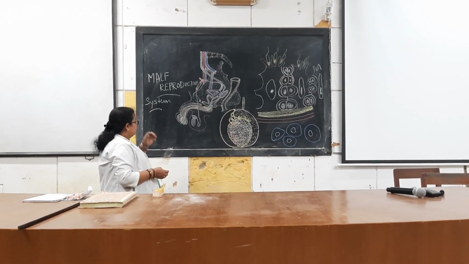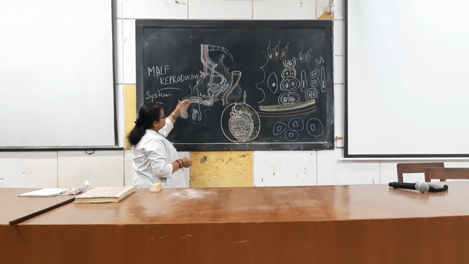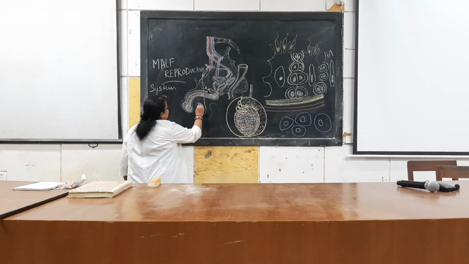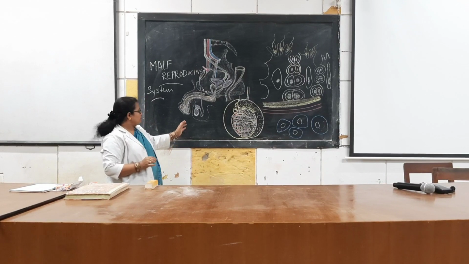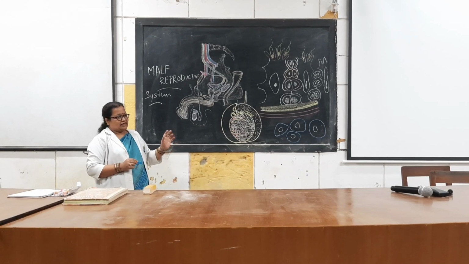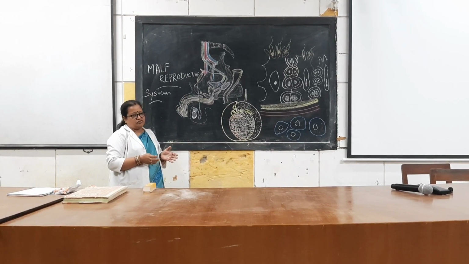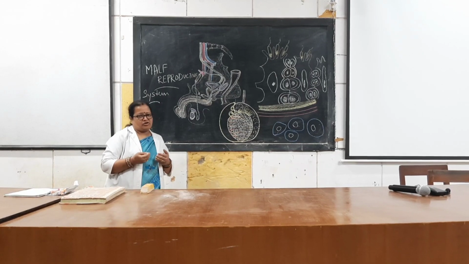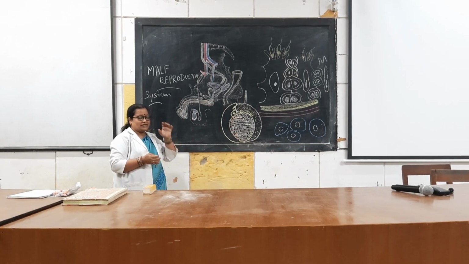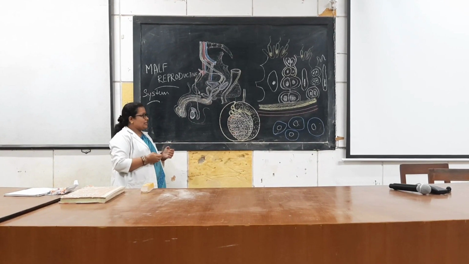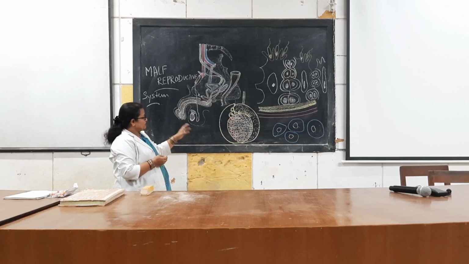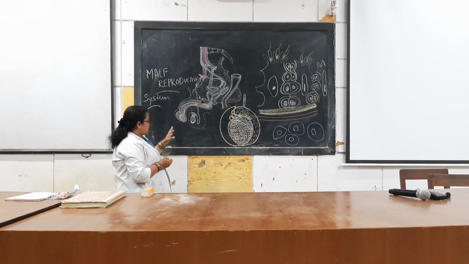So to start with, the male reproductive system consists of a pair of testes, which are present within the scrotum. Spermatogenesis requires a lower temperature, 2 to 3 degrees centigrade lower than body temperature. So the testis in the scrotum has its temperature decreased by 2 to 3 degrees due to the presence of the pampiniform plexus of veins and heat exchange. Rapid heat exchange is also possible in this.